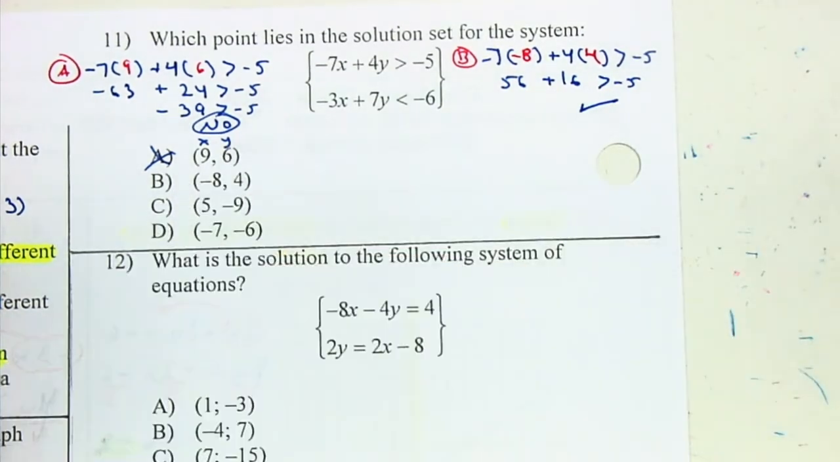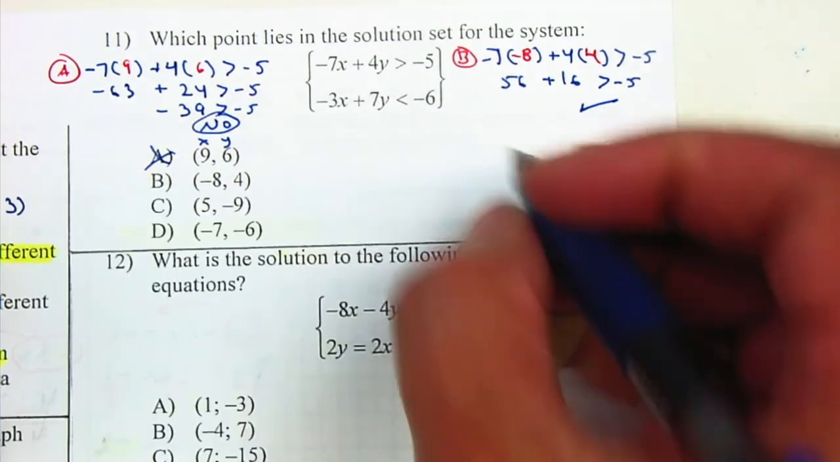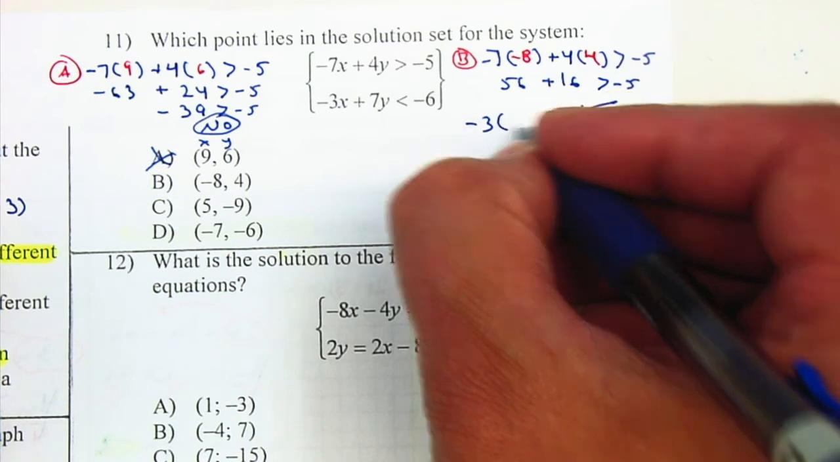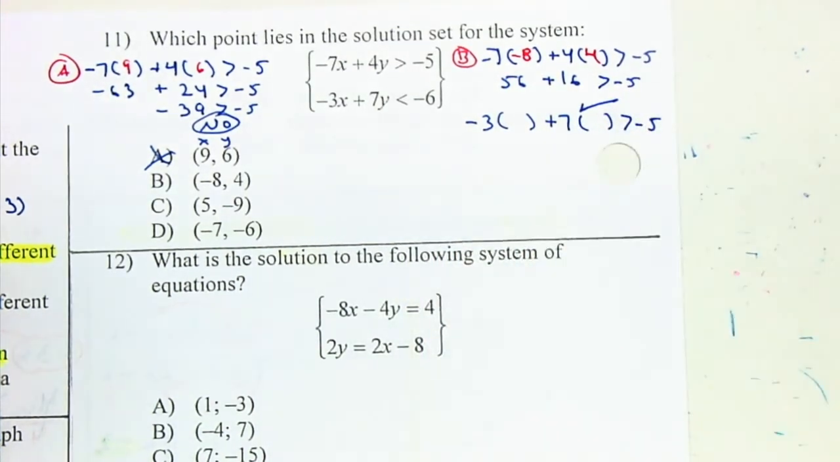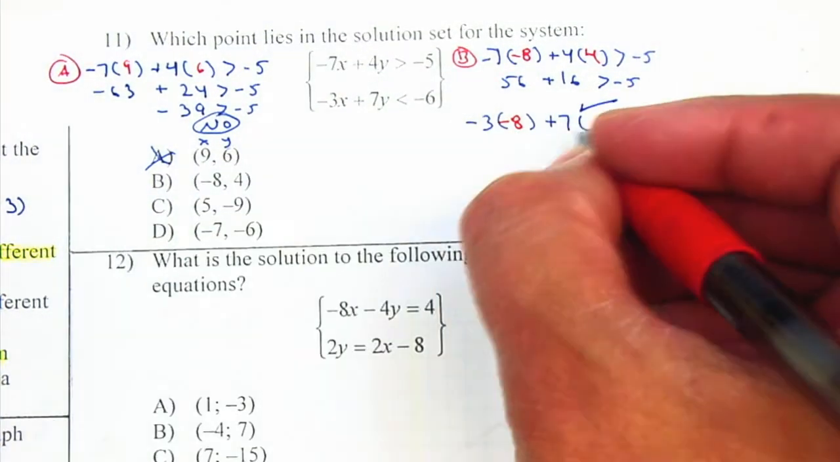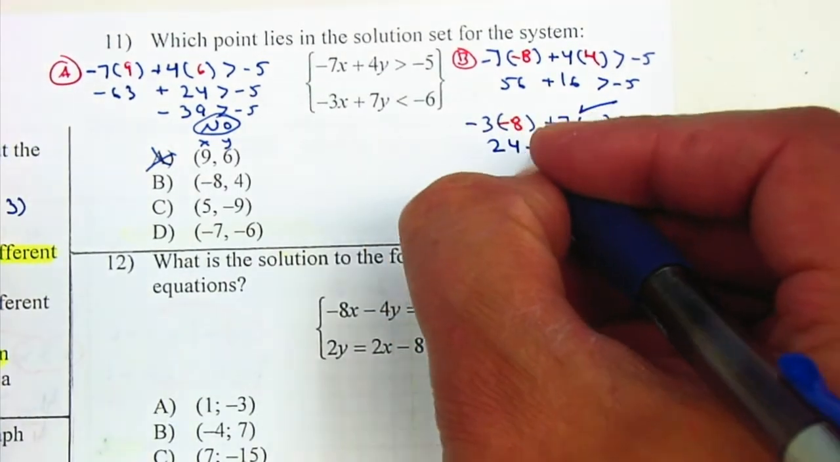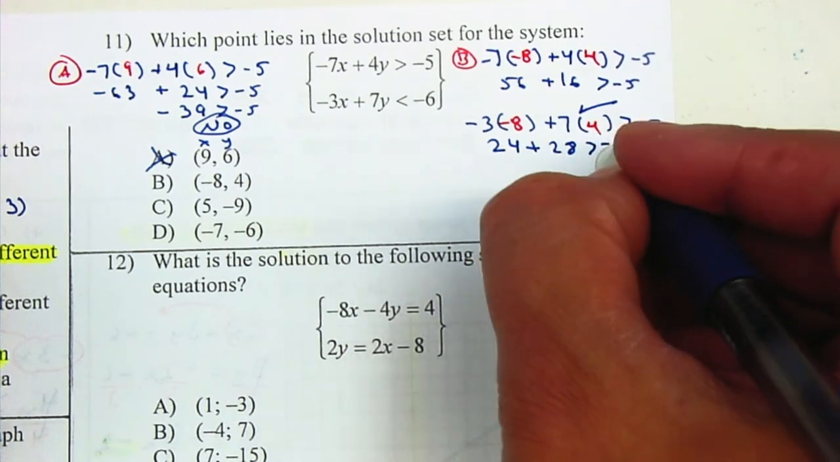Let's try the second equation. So we have to plug into both. The fact that it works on the first one doesn't mean that it's true for the second one. Negative 3x plus 7y is less than negative 6. Instead of the x, I'm going to plug in a negative 8. Instead of the y, I'm going to plug in a 4. 24 plus 28